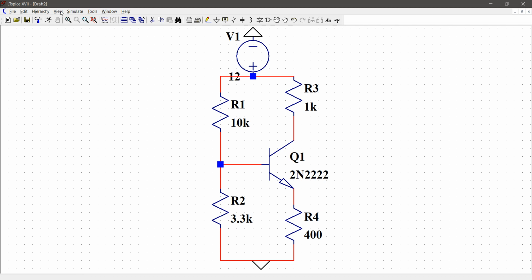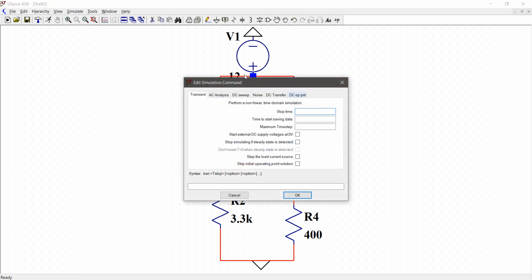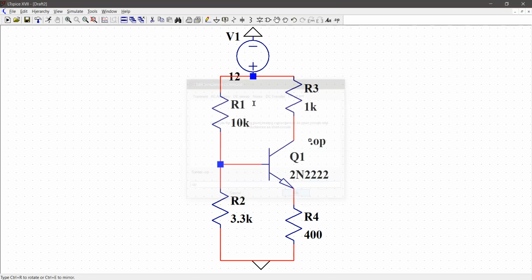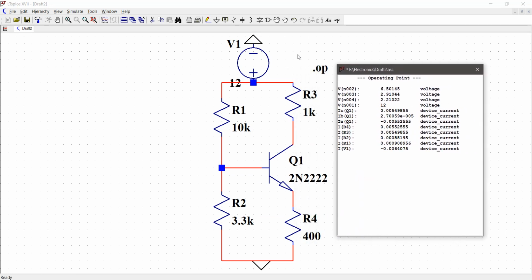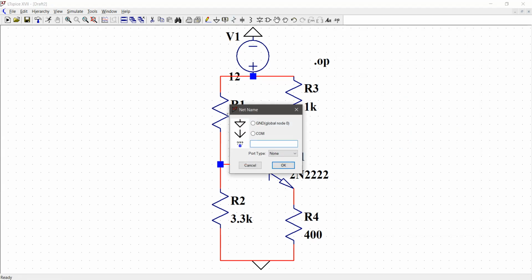Let's go ahead and again set up the DC operating point simulation. Okay, and I'll place it somewhere here. Now it's time to run the simulation. Okay, now running this simulation, we forgot to do one step here, that we should have assigned voltage label nets to the different points in the circuit. Let me go back and label the points.